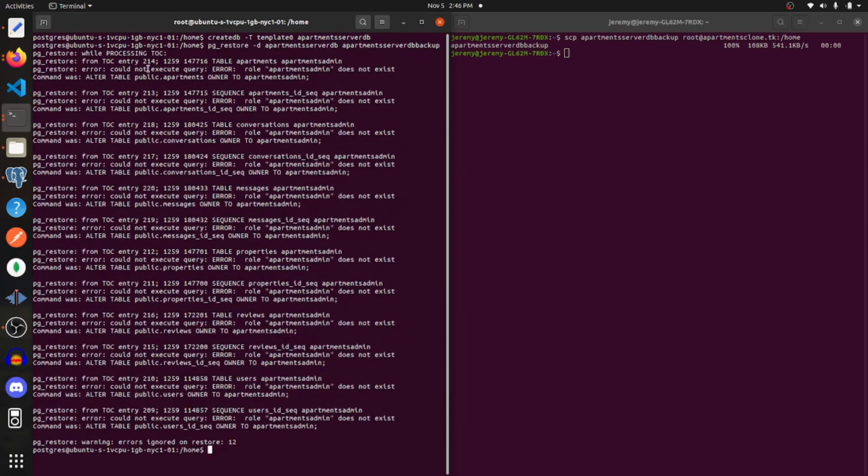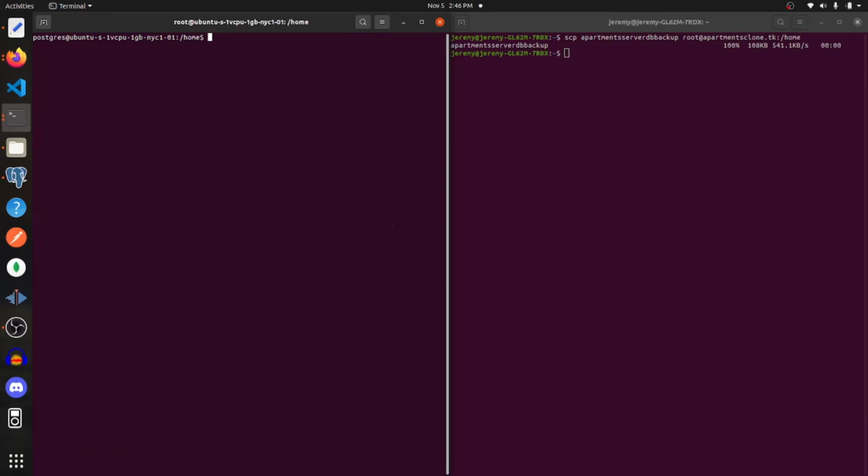Alright, so we're getting this error. The role apartments admin does not exist, so I'm going to need to create apartments admin before I can do this. So let's do that. And to do that, we're just going to use the create user command,